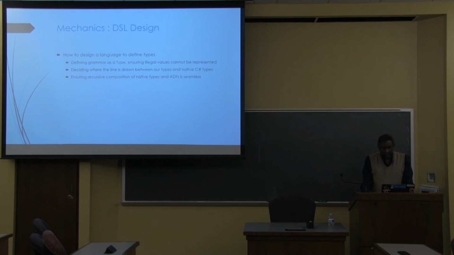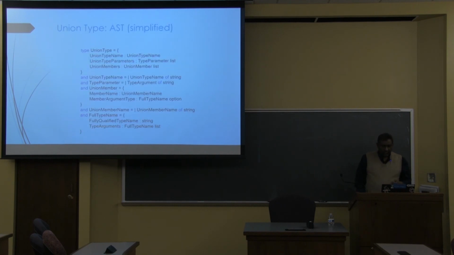So we designed the DSL to effectively be capable of doing that. At this point, we now move away from the role of the disgruntled C# practitioner and pull on our FP, F# hats and define a kind of AST that looks like that. I've simplified this somewhat. I'll take you down and show you the real code. But if you think about what that AST represents, that's kind of like an EBNF grammar, but it's live. A union type basically contains a type name, some type parameters, and some union members. The type name is a string. The type parameter is a string. The union member has a name, possibly a type parameter. So your none and your sum of t, those things start to come out here.